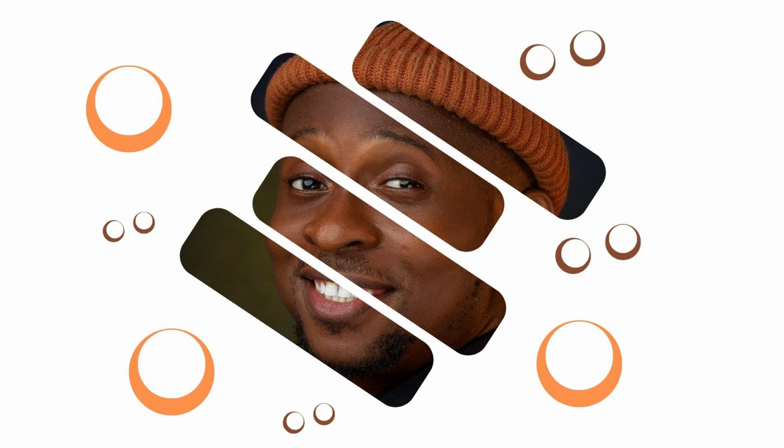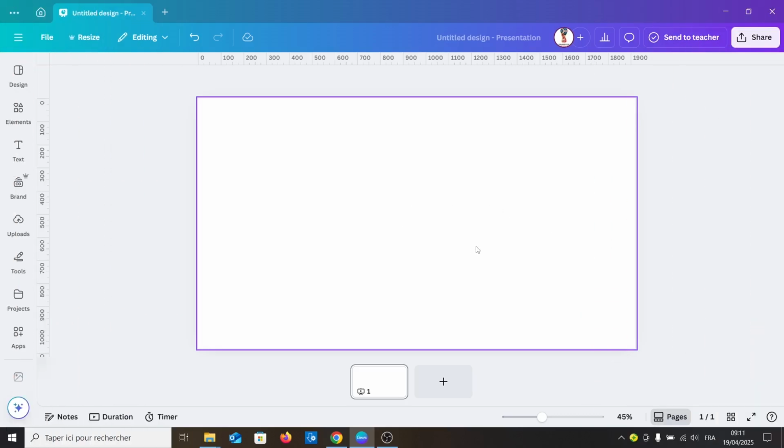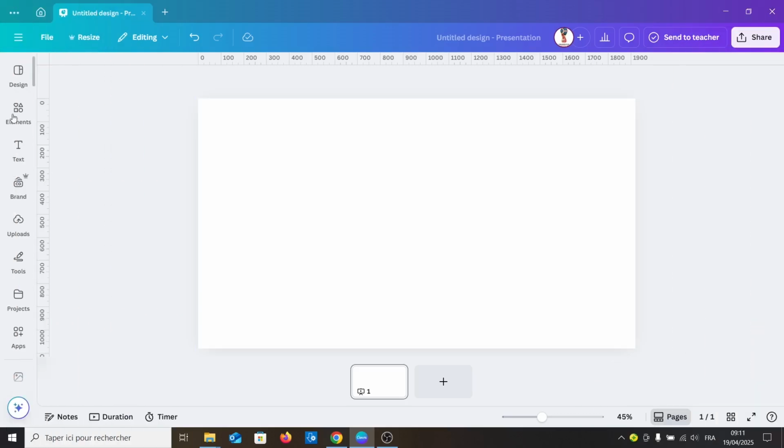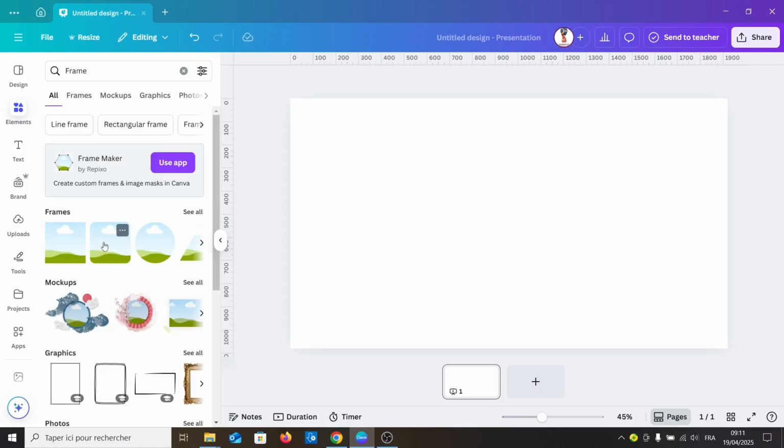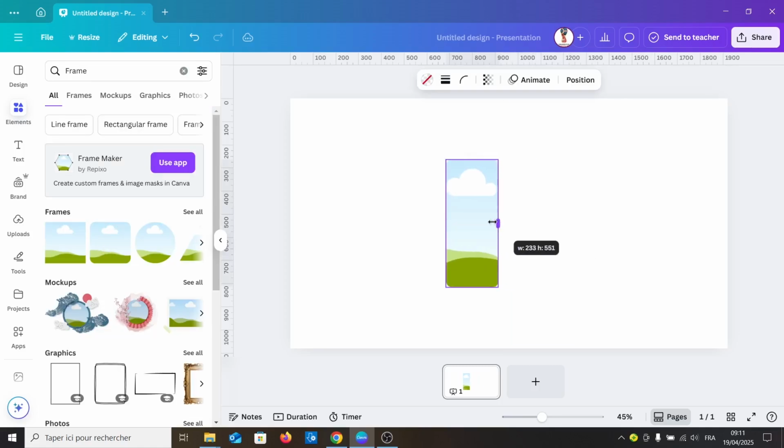Hello everyone, in this tutorial I will show you two methods to create mask effect in Canva. Open Canva and create new design. Go to elements, go to frame, choose this frame, then resize it as you need,